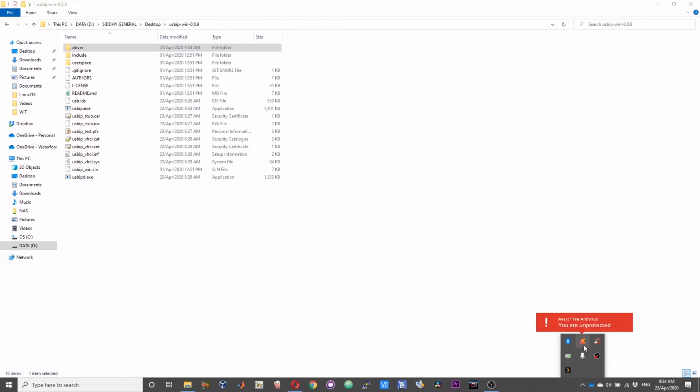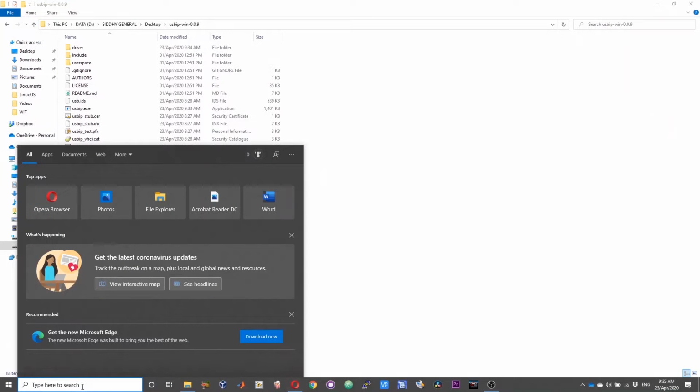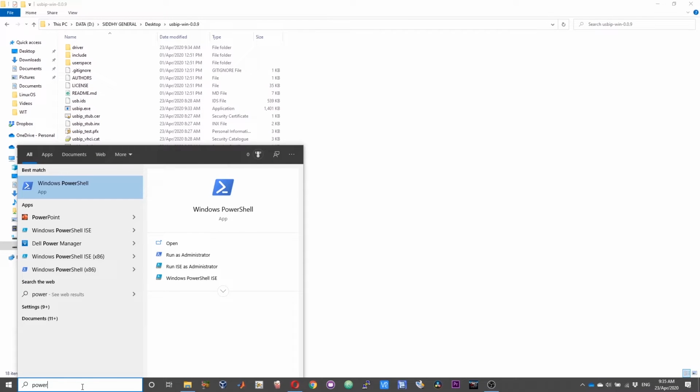So I have disabled my antivirus now, and I have again downloaded the usbip file. Let us start PowerShell again. I didn't want to skip through this part because I wanted you all to know the potential sources of error, or the potential hiccups that you will run into.